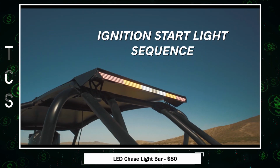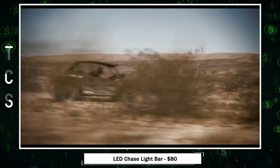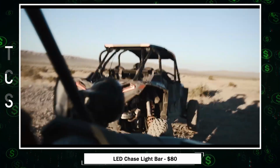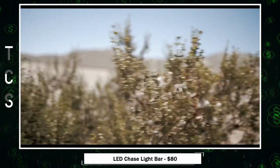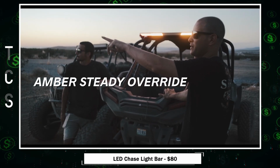Unleash the unrelenting, unrivaled power of the LED Chase light bar. Crafted with a distinctive stair-steps LED layout and a rugged aluminum body, this UTV light bar stands alone in strength and aggression. Boasting amber strobes and a central white scanner with 8 flash patterns, it cuts through dust like a